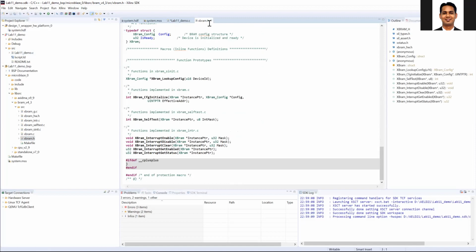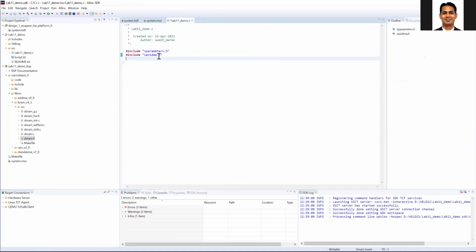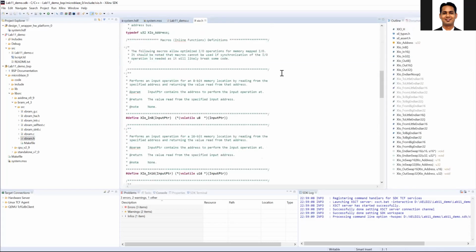But here we are not using the block RAM as an IP. We are using the block RAM as a memory. So here I'll use an alternate way, where I use the file called xio.h. Using this xio.h, you can read and write from any address. So you can see that it's a memory-mapped system.